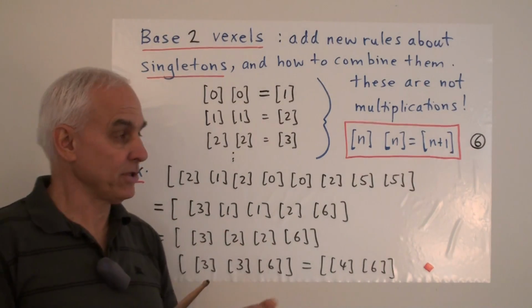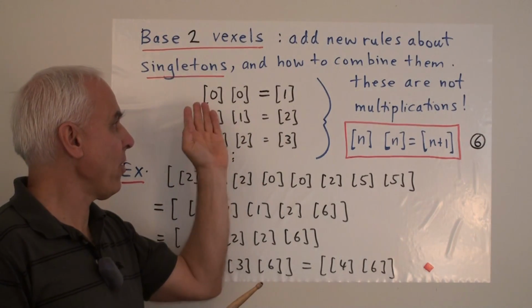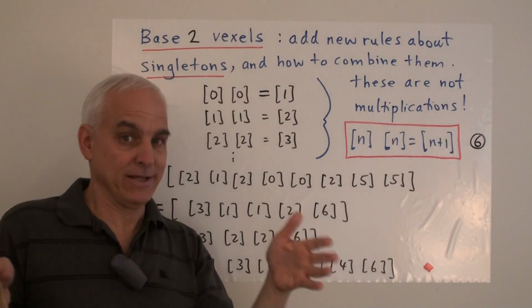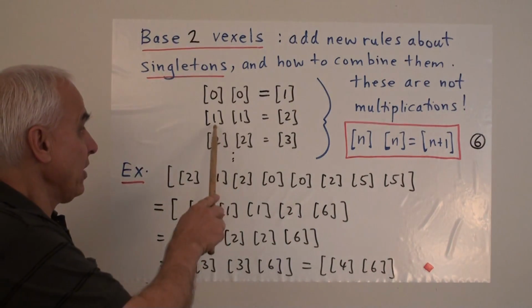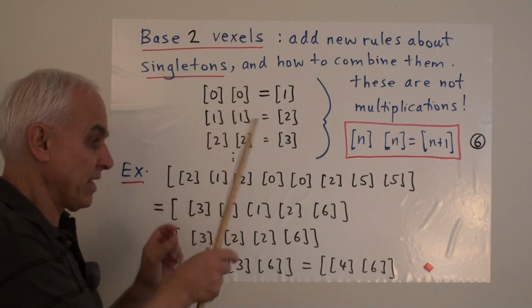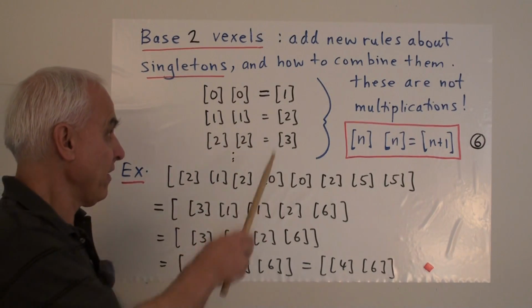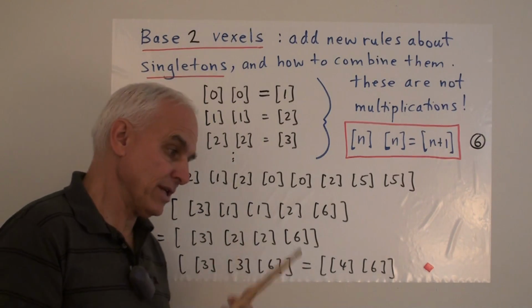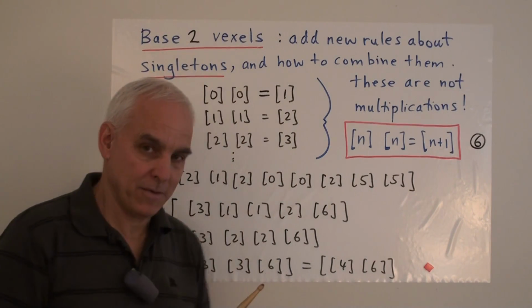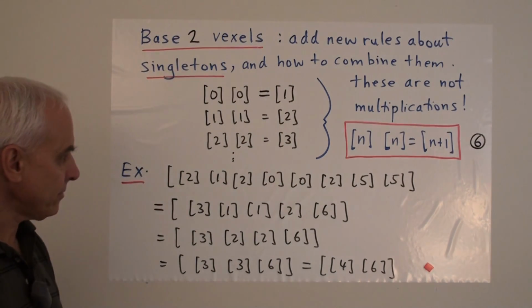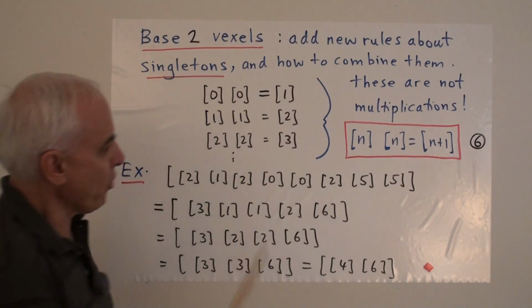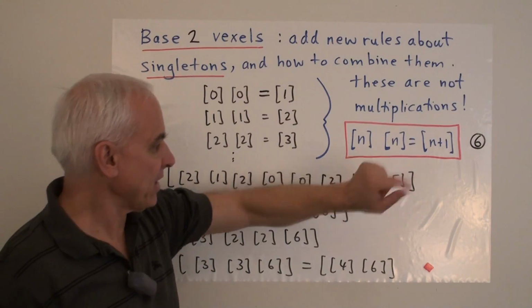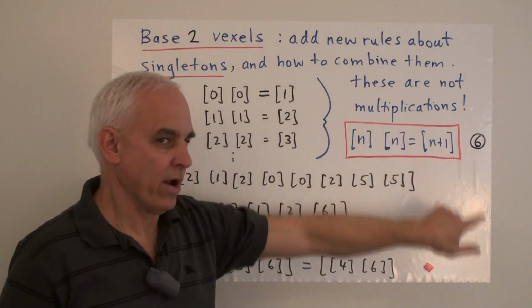But it's at the level of singletons. We're just saying how we can replace one configuration with another configuration, typically in a multi-set. And similarly, if we have a singleton 1 together with a singleton 1, we can trade them in for a single singleton 2. And we can trade two singleton 2s in for a single singleton 3, and so on. So this can be represented more efficiently by the single rule, this one here, that a singleton n together with a singleton n equals a singleton n plus 1.